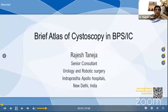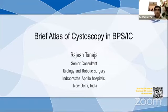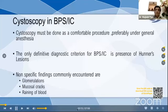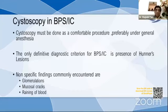In bladder pain syndrome, interstitial cystitis, cystoscopy must be done as a comfortable procedure, preferably under general anesthesia. The only definitive diagnostic criterion for BPSIC is presence of Hunner's lesions. Non-specific findings commonly encountered are glomerulations, mucosal cracks, draining of blood,